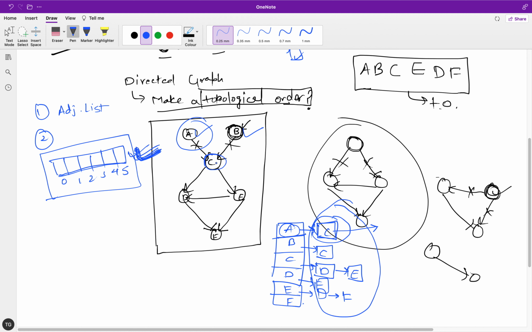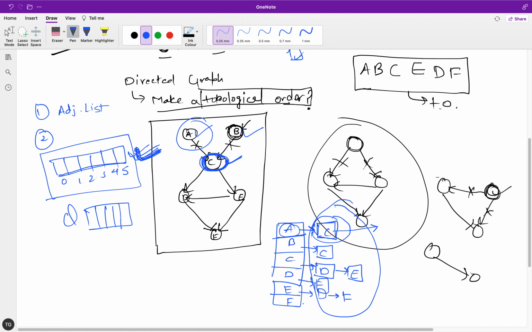If the in degree of C is 0, then you will pick this node as a candidate for processing next, right? Then you will make this C a candidate for the next iteration. So you will maintain a queue where you keep pushing the vertices that you want to process.